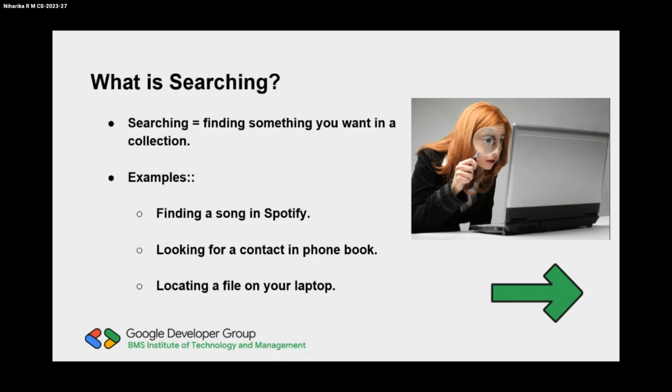When we talk about an algorithm, what do we think? An algorithm has two primary goals here. One is if the target is found, it will tell you where the target is, like it will return the index of the target. But if the target is not found, what does it do? It has to report to us that it is not found.